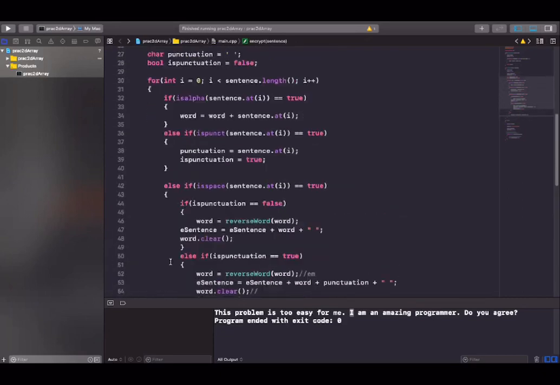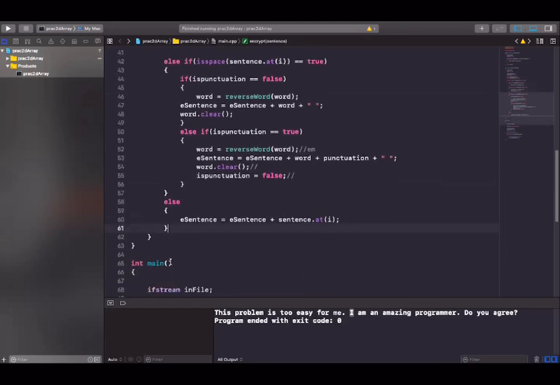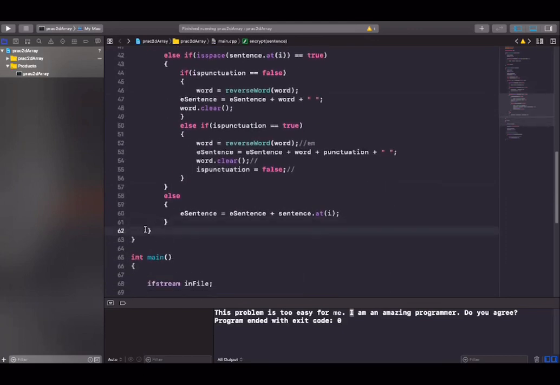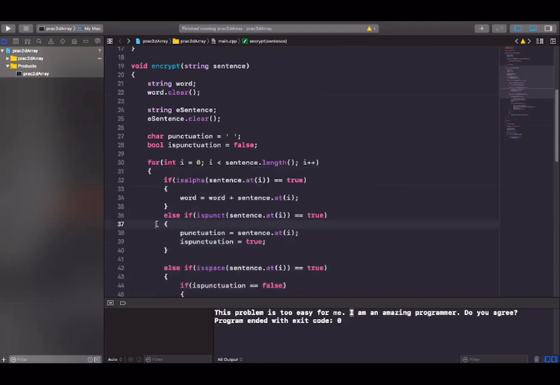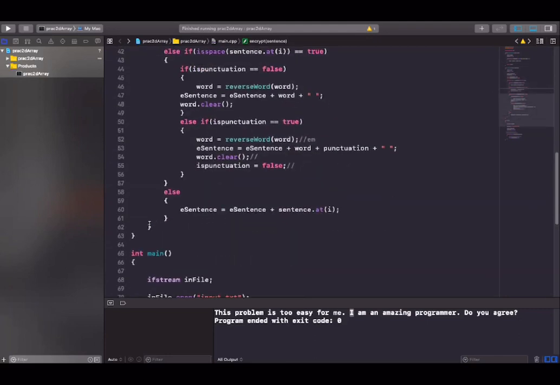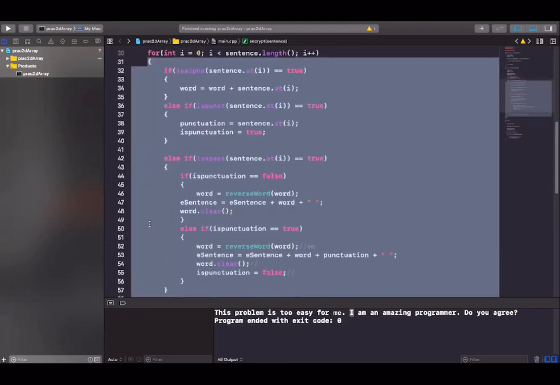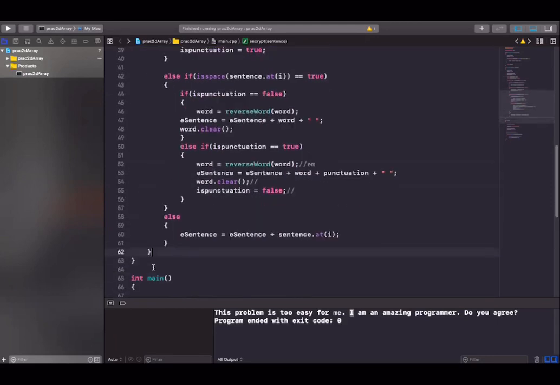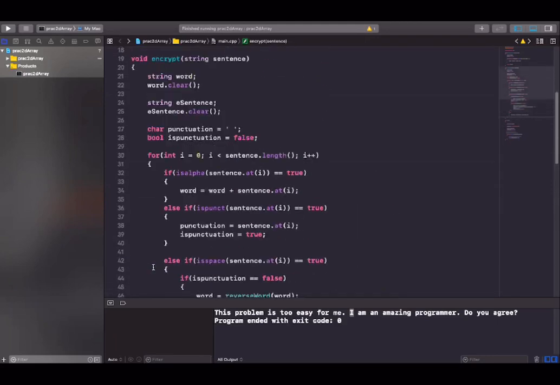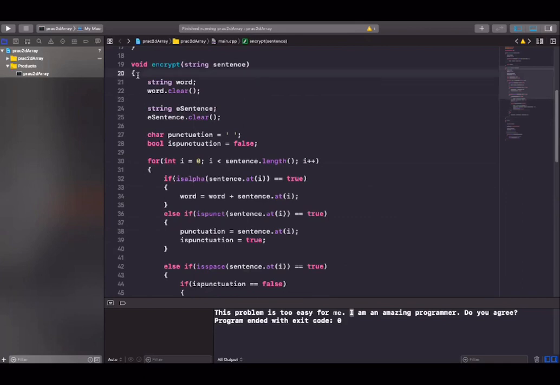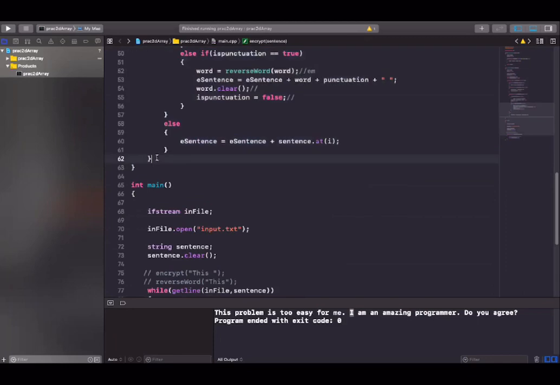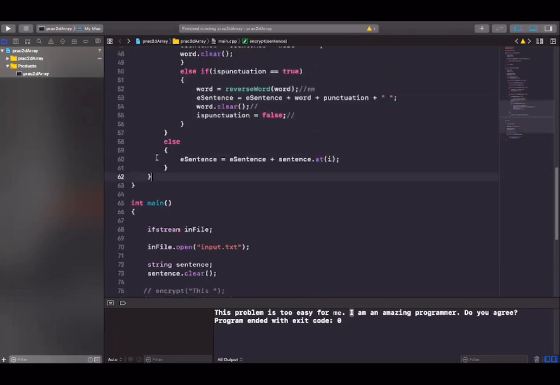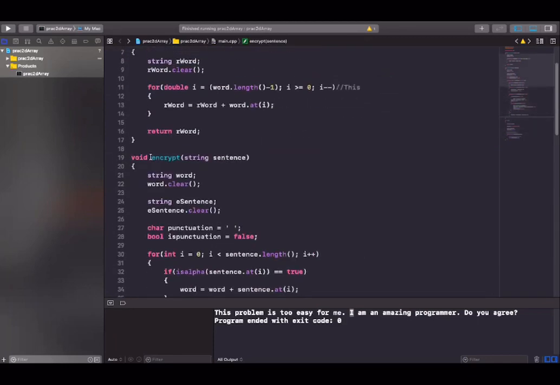Please don't forget to use, what is that thing? A style indenting or whatever, please. And I know you can do it in code blocks easily. You just need to select the piece of code you want to change and then right click and then it does it for you. So do that. Okay, after that, let's